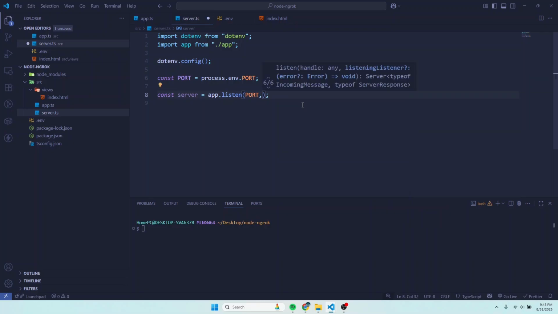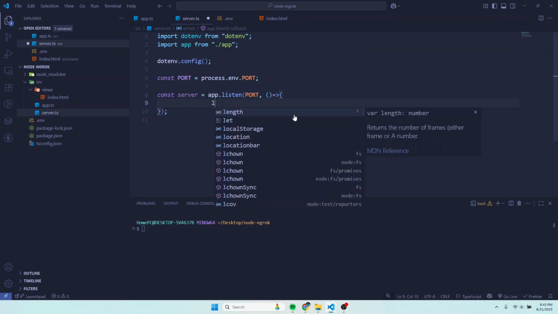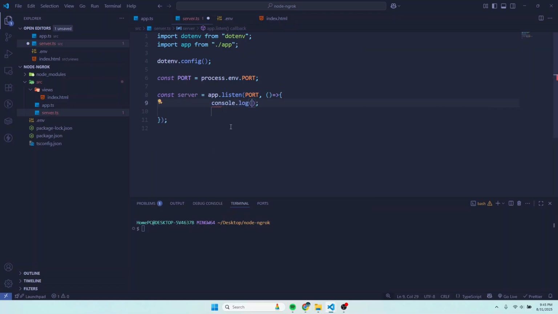Then apart from the port, I just want to pass a function and log a statement to show that the server is actually running. So I'm just going to log some message here. I'll say that server is running